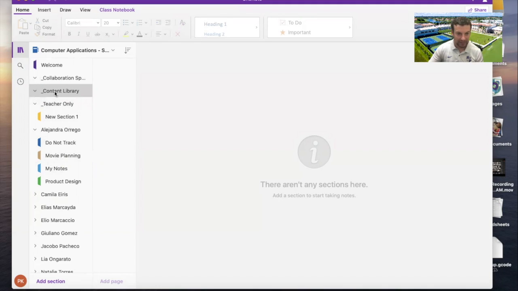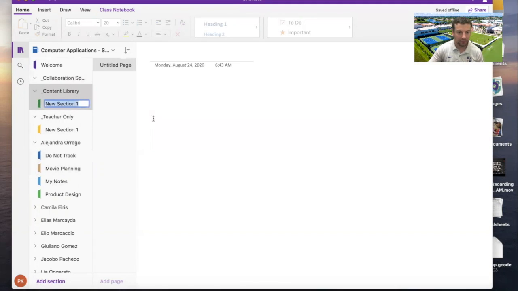So I'm going to place a document inside of the content library, and I'm just going to call this section the syllabus. And you might have placed this document inside of Teams, which is totally fine. I'm doing this just to show you how to distribute a document